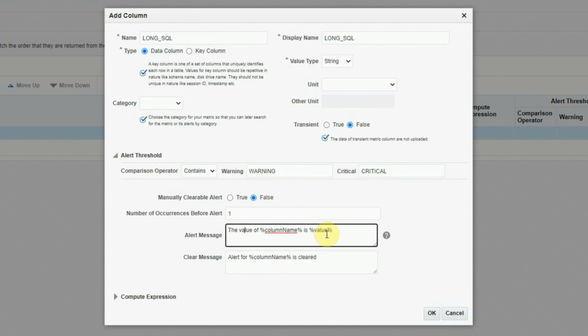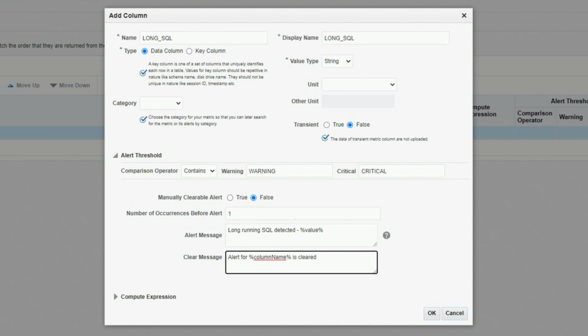Then we have to put one string value in this box which will be actually our alert message. So we will put like long running SQLs detected - the value that will be returned by the SQL statement and assigned to this long SQL. So that value will be displayed in the message after this dash, and the clear message will be like, suppose